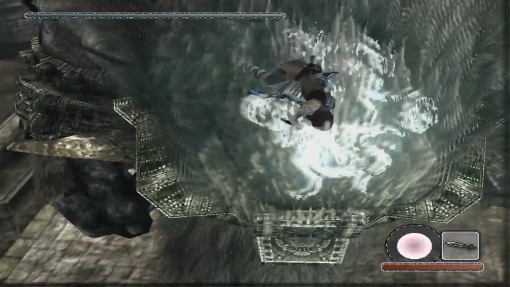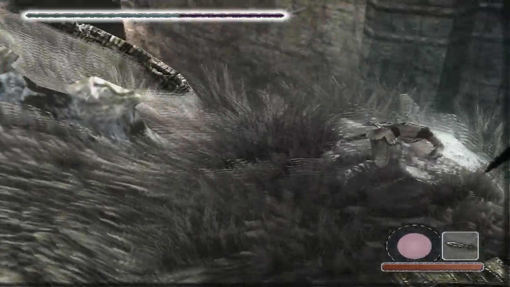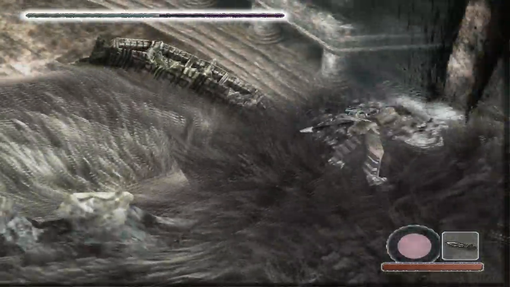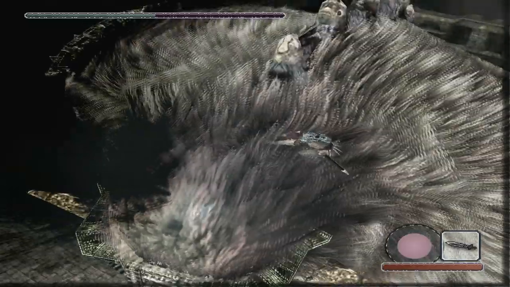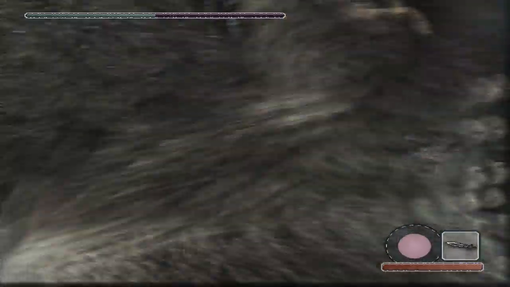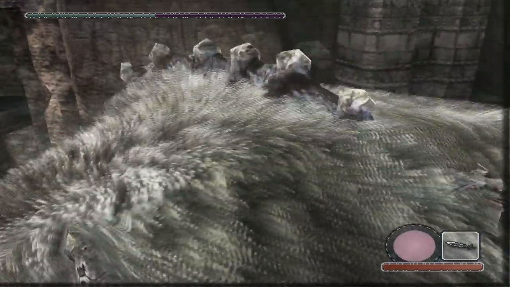Now, like most Colossi, they have a weak point on the top of their head that we want to hit. This is not the only hit point for this guy, but it's the first one, like most of them. Luckily for me, he didn't juggle me quite a bit, but this is one of the, I guess, stronger jugglers, if you want to call it that. You see that he'll really move a lot, especially when you're on top of his...